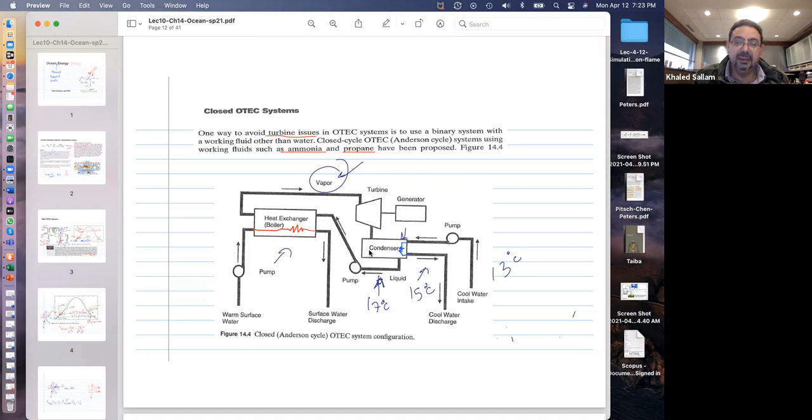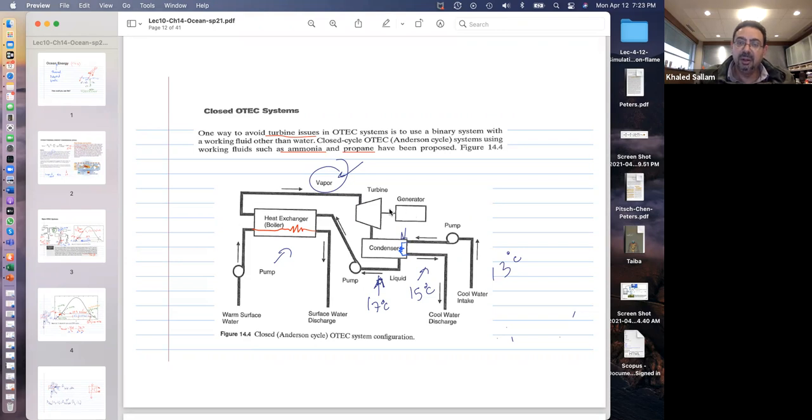and they have to be closed heat exchangers, not direct contact heat exchangers like the one we saw before, or the flash chamber. So now with closed heat exchangers in both of them, you have this temperature difference between the surface and the deep ocean. With the heat exchangers in both of them, your delta T is even smaller. So your Rankine cycle is working over a smaller temperature difference, which would result in smaller efficiency, which means